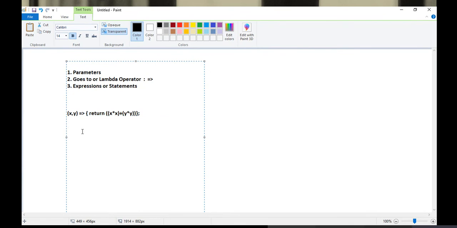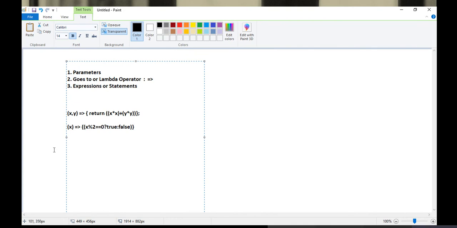Like here, if I write x goes to, maybe I will write a ternary operator like x mod 2 equals to 0 question mark true colon false. Fair enough.